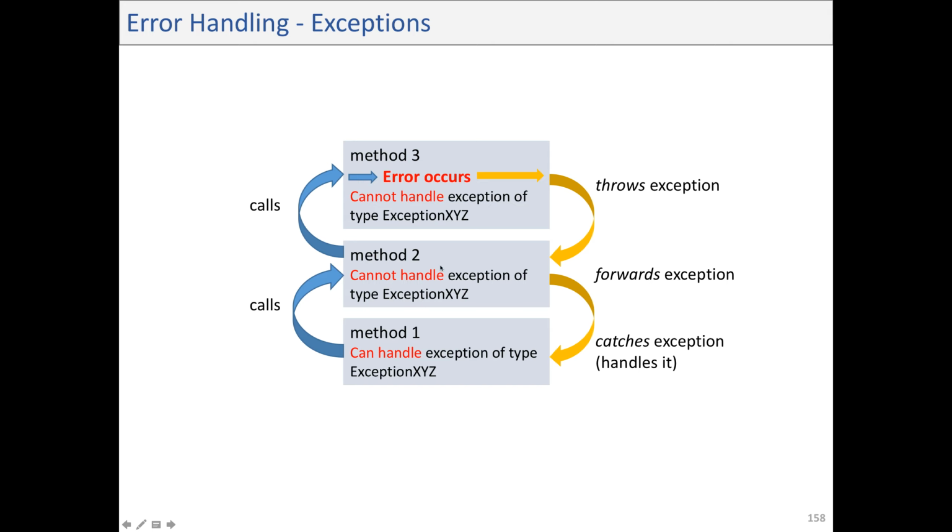Let's assume method 2 can also not handle this exception XYZ, so it throws the exception again, forwarding it to method 1, which we assume in this case to be able to handle the exception of type XYZ. So method 1 will catch the exception, handle it, and then maybe later on call method 2 again with a corrected version, and method 2 might then again call method 3 with a corrected set of parameters. Okay, so this is the basic type